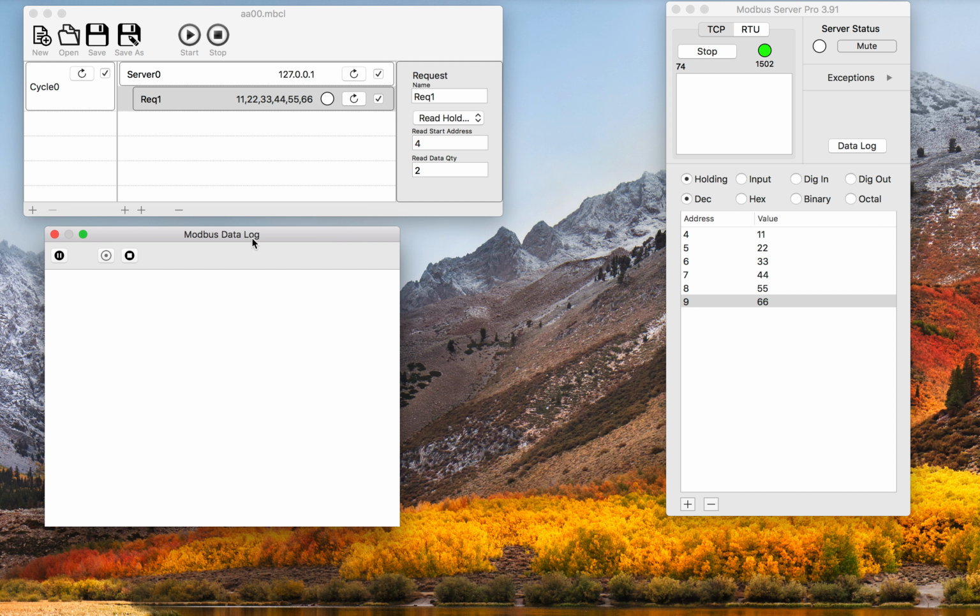The data log window has got a couple of buttons up at the top. When it starts up, it's automatically in record mode, so it will record any Modbus messages that are coming in and out to the Modbus server. But here we've got the ability to stop that recording, and once it's stopped, we've got the ability to start